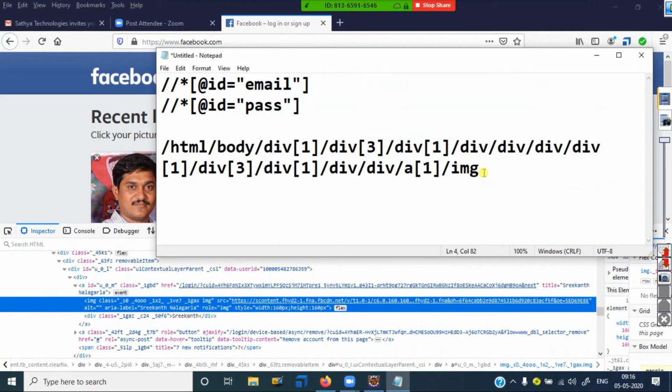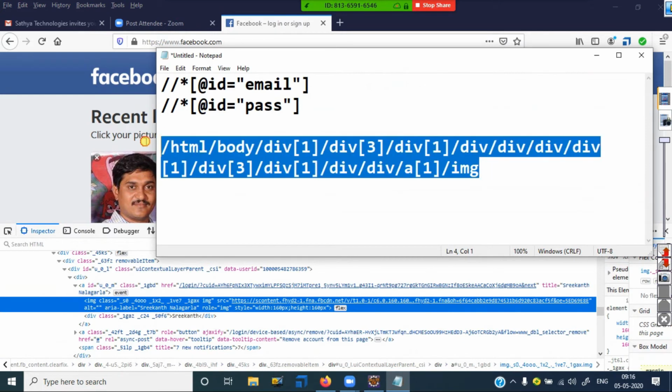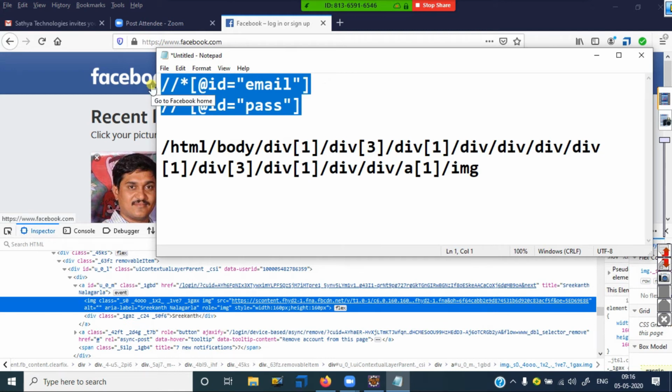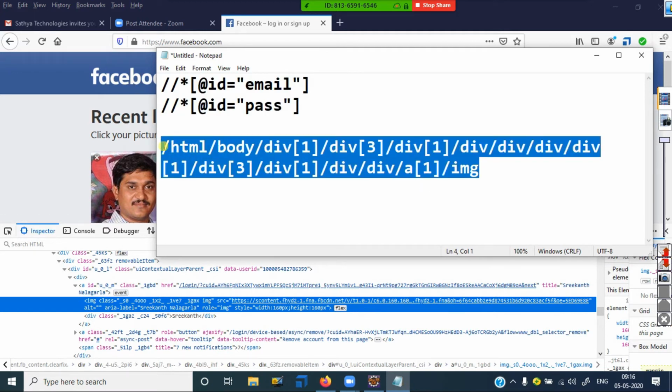Whenever a particular element does not have an id or name property, it gives the absolute path only. When id is there, name is there, then it gives the relative path. So it is identified using the current property, but this is identified using the root path onwards. Both of you, did you get this point?